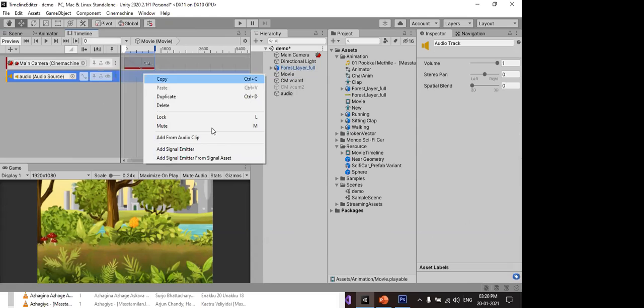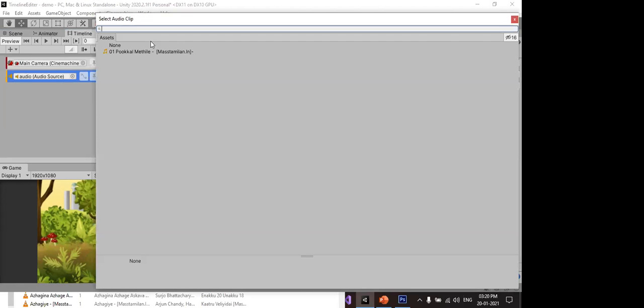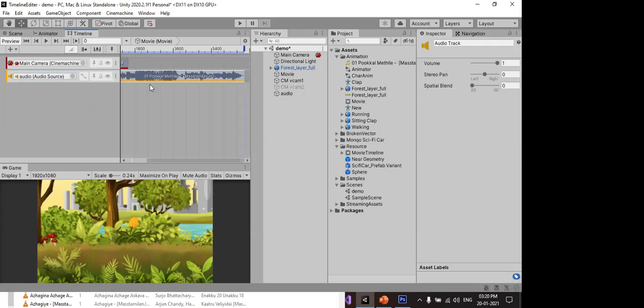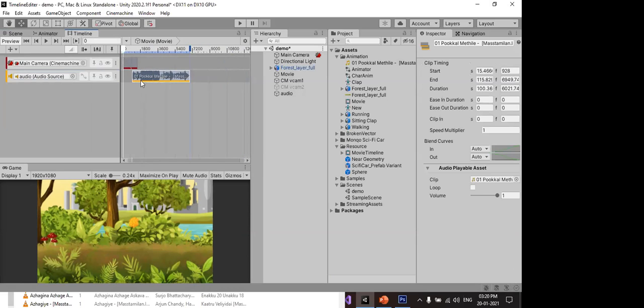Okay, create activation, add from clip. So I add it. Here is where you can play the audio. Here you can set it up. Where you want, you just drag it. Now see that. And I play it.